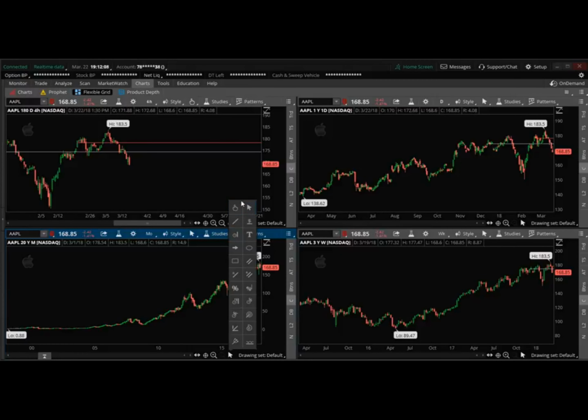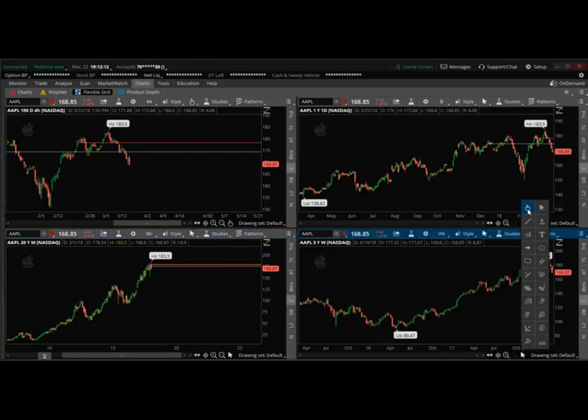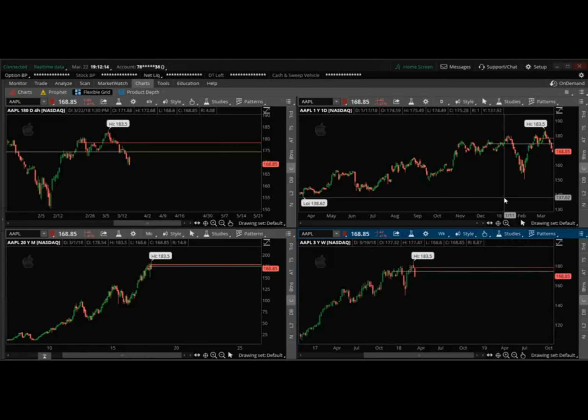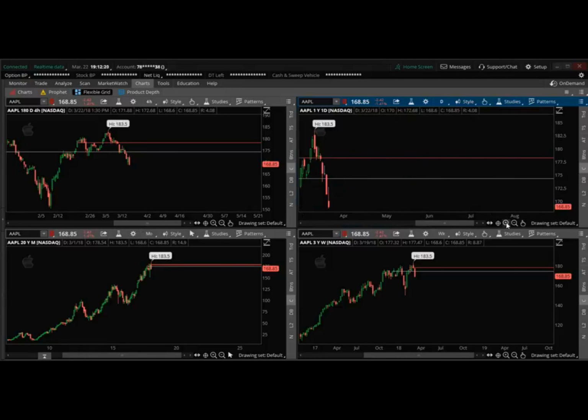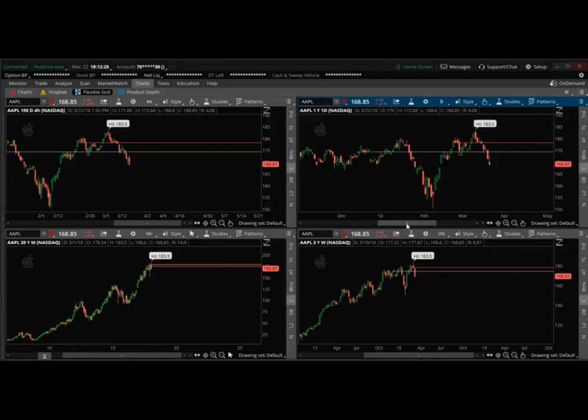So once again, we use the flexible grid just to take a quick look at all of the different time frames. And we're also going to do the same when I talk about the active trader tab. The next thing we want to do here is add some moving averages onto each of these charts. Okay. And the way that we're going to do that is going back to studies, but instead of editing studies,